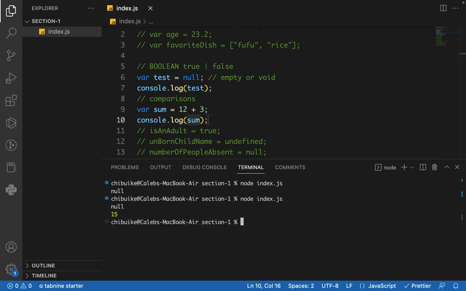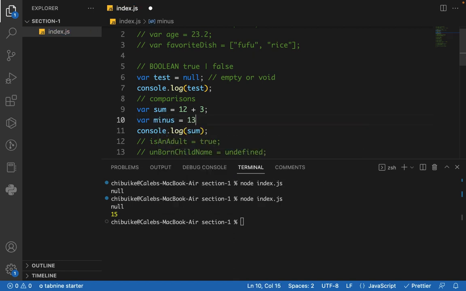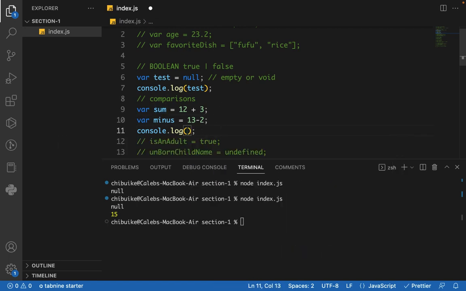Let's try that out, and we get 15. We could try another one, let's say minus, and we could say 13 minus 2, and that should give us 11. The cool thing is we could actually log multiple things to the console. So we could say sum and minus, just separated by commas, and if I log this, we can see we get 15 and we get